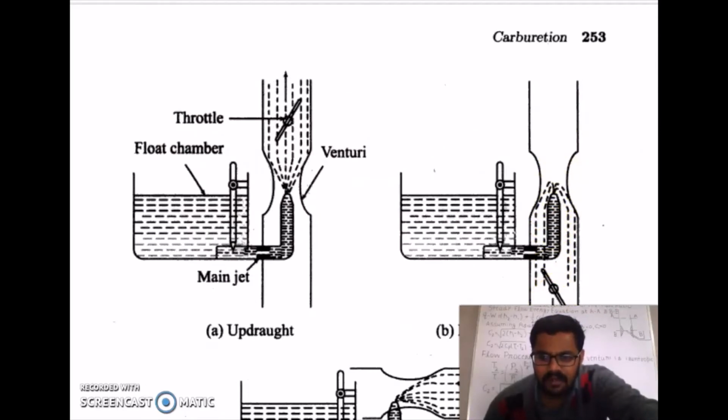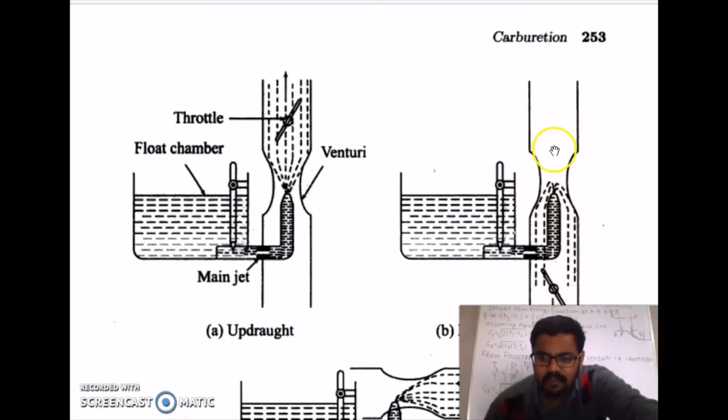These carburetors are mounted at a higher position than engine. You can see here, the air will enter from this side, it will go downward this side. So engine is placed here. So this carburetor is always placed above the engine level, and you can see fuel is going in this direction, downdraft direction. Means fuel can go with the help of gravity. There is no need for the friction force to carry these droplets.